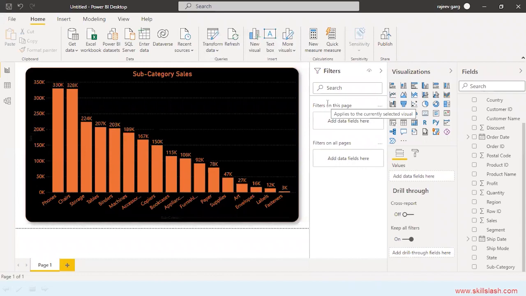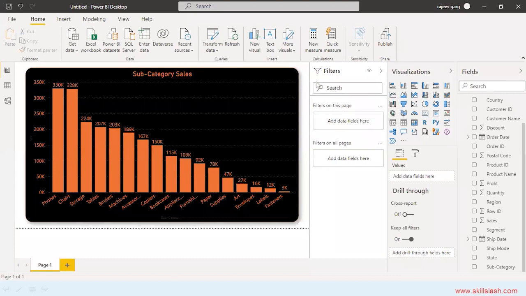And particularly in this, we will be focusing majorly on the visualization, right? I will try to give you the max which I can give you in the limited period of time. So as of now, our focus will be on the visualization. We will see how to create different types of visuals.